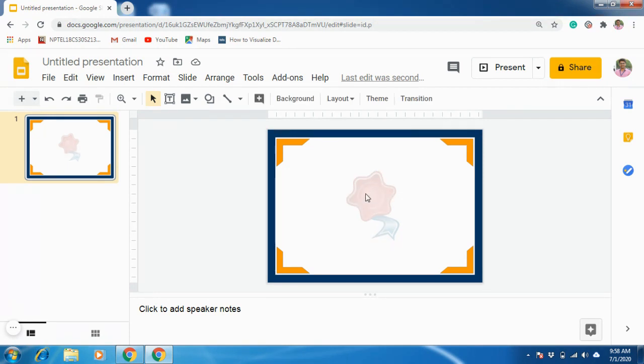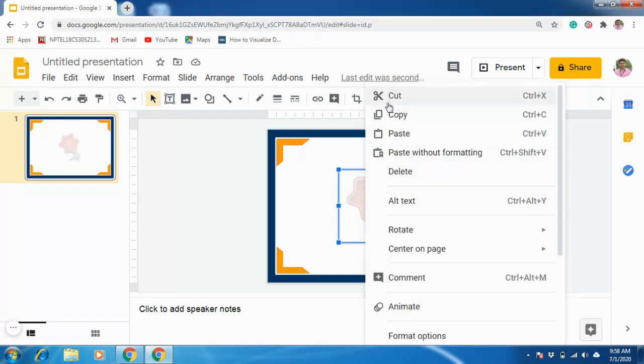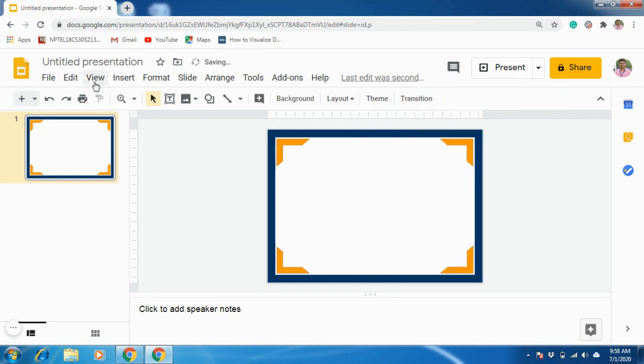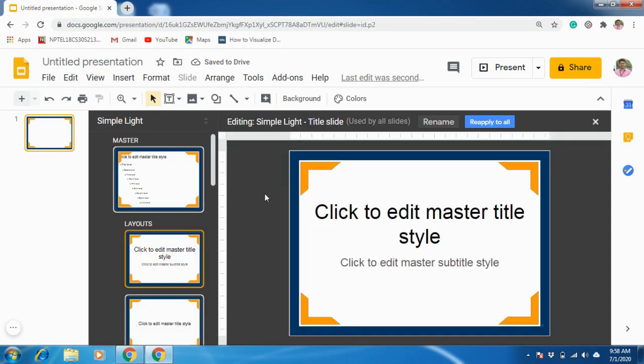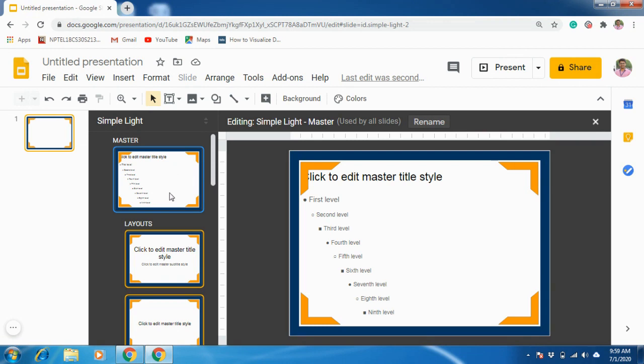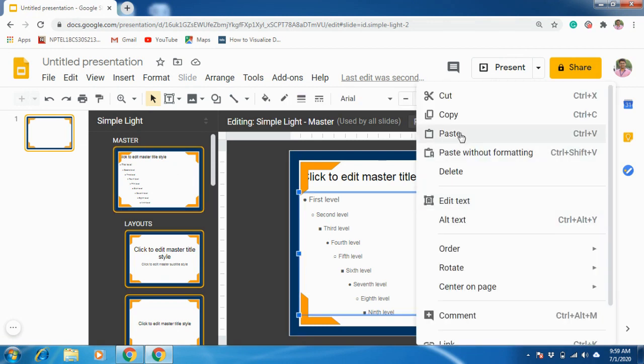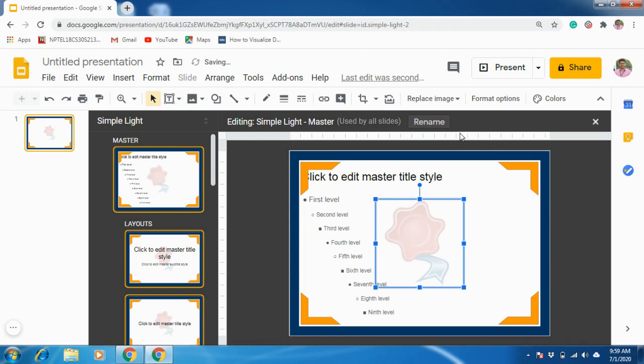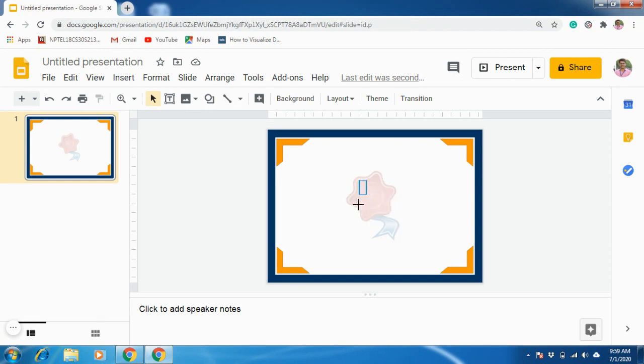So for that reason also you select this and press Control X. Every time using the shortcut keys, so let me show here once. Cut is nothing but Control X. So I am using direct Control X. Cut and go to View and Master, and here select the master slide. Don't forget this. Select the master slide and right click, paste. You need not change the position. Just paste. Close this. See, now this is also in the background. So now you can simply work on the extra things of your certificate.